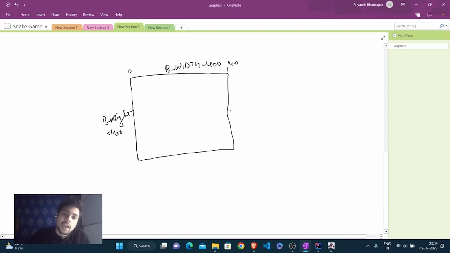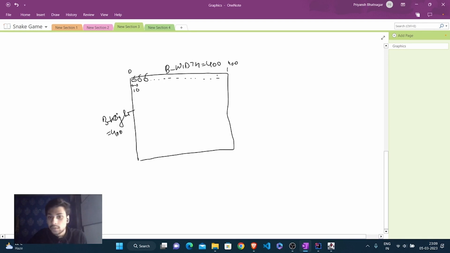We can have an apple starting from here. Now we know that the apple size is going to be 10, so we can have another apple at this position. Similarly,